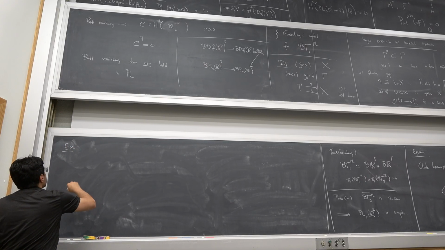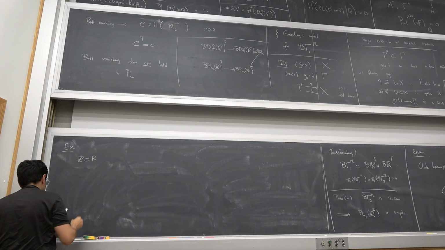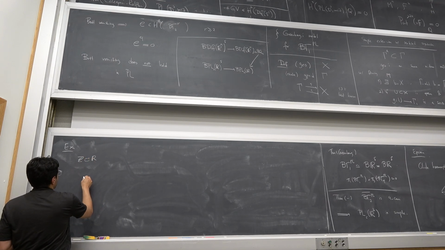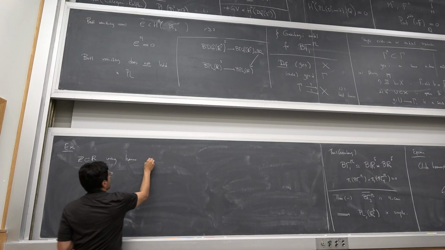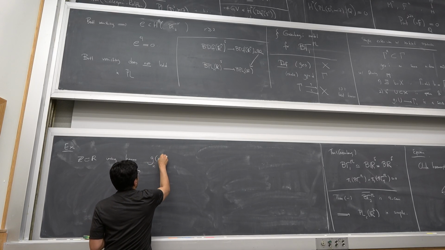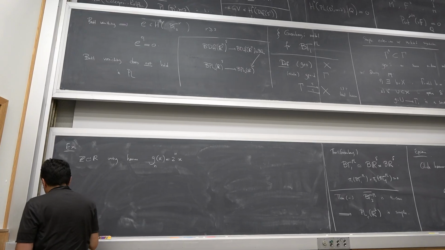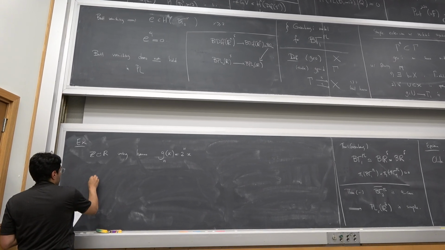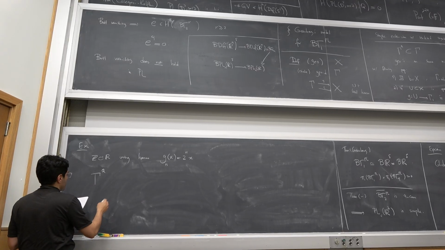Consider the following action of Z on R that is given by homeomorphisms, say G_n of X given by 2 to the power n x. And the regular part is a groupoid